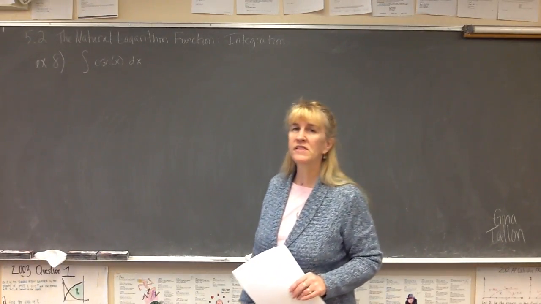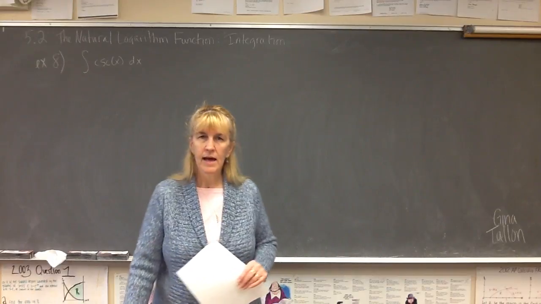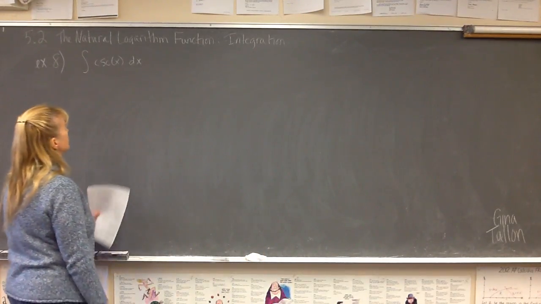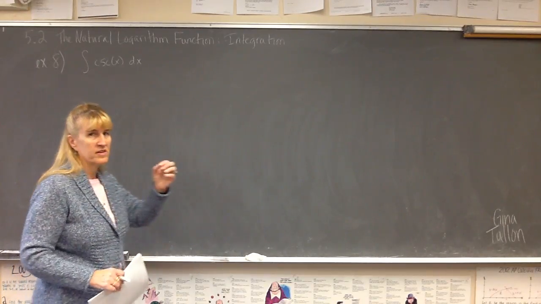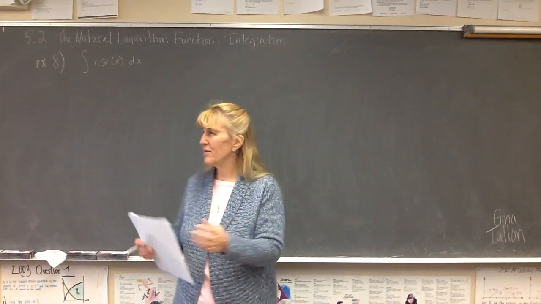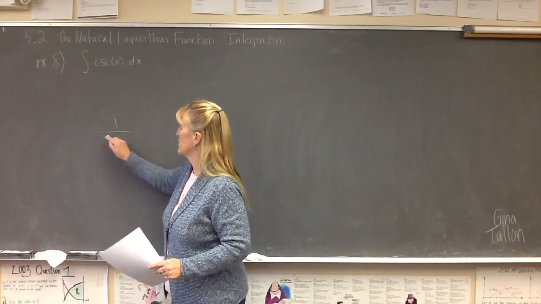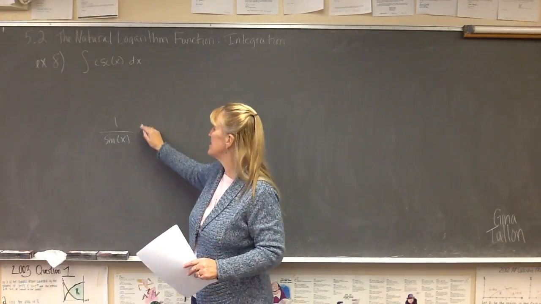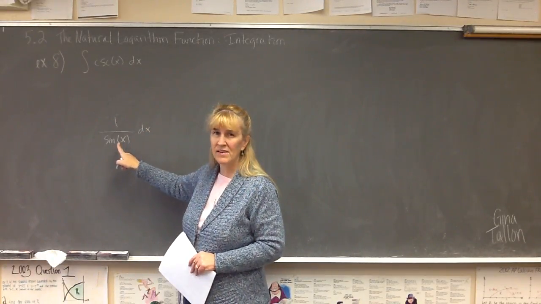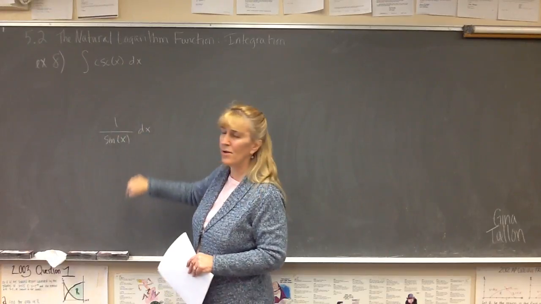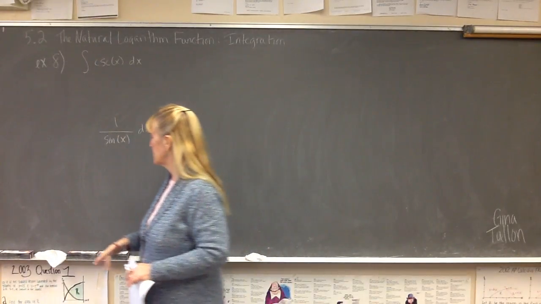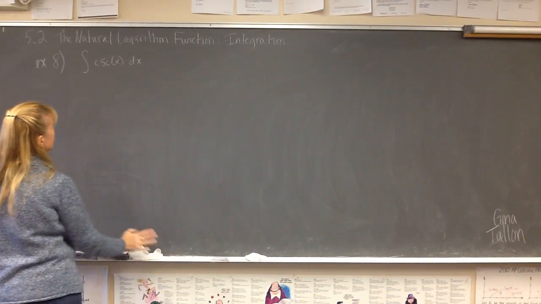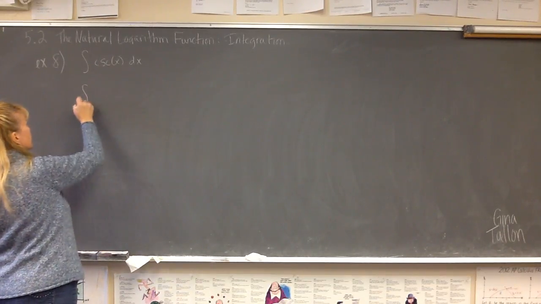This is the integral of cosecant x with respect to x, and we just did the secant x, so this is not going to come as a surprise to you. The cosecant of x is the same as 1 over the sine of x. It kind of looks like a 1 over u. I'm just missing my du because the derivative of sine x, which is cosine x, is not sitting in my problem anywhere. So it makes it a little difficult to apply u substitution because my du is not sitting there nicely. So what we're going to do is create